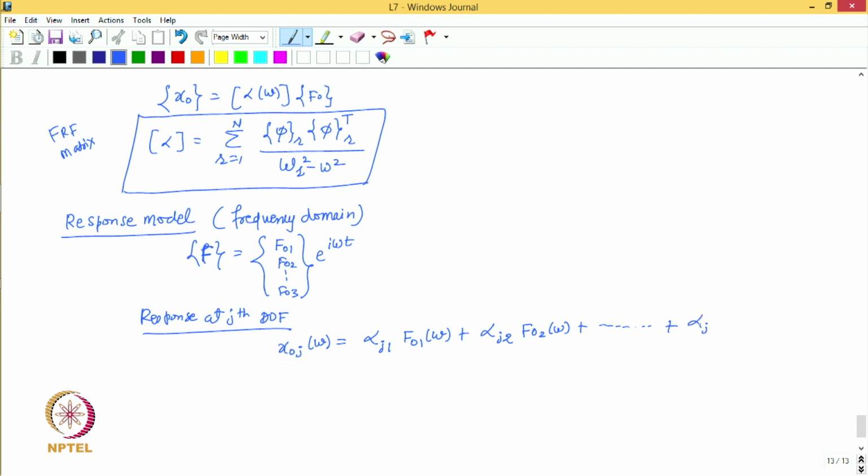So, the response due to the force at the nth DOF would be alpha j n multiplied by f naught n at omega. So, you can see in this manner, if I know these FRFs, then for the given excitation I can determine the response, and therefore,